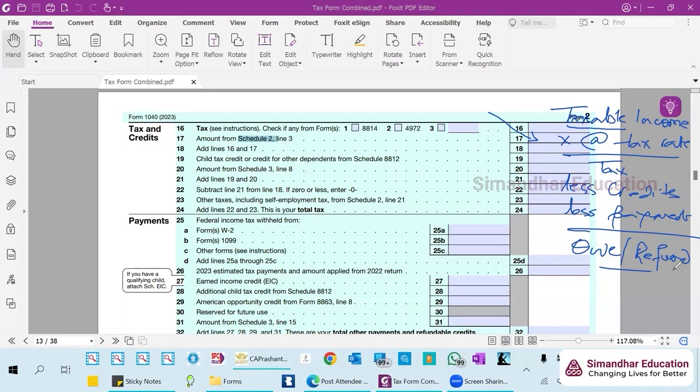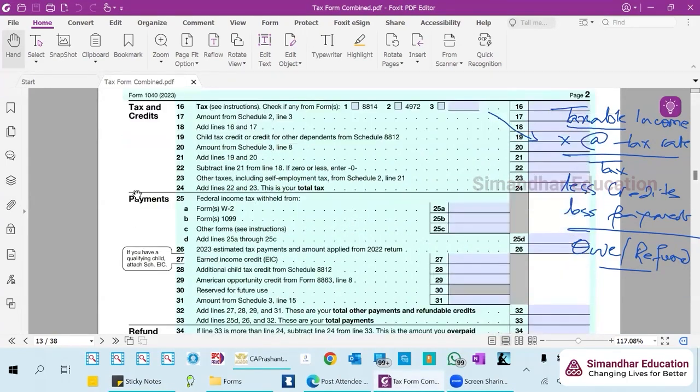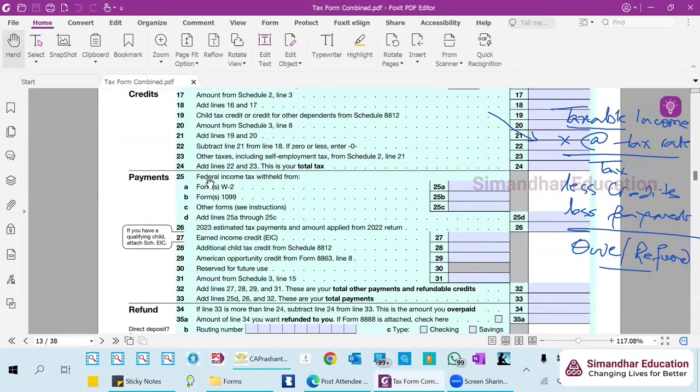Anytime we are learning something, we can spot exactly where we are in this formula. That's all we have in this form, right? Is there anything else? I don't think so. So the 1040 is only 2 pages, but the point is the numbers on my 1040 are coming from various places. This is what I want you to understand.